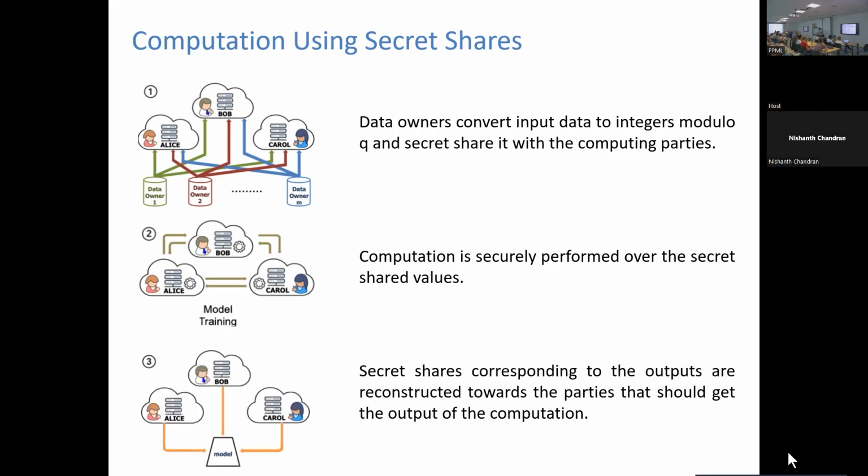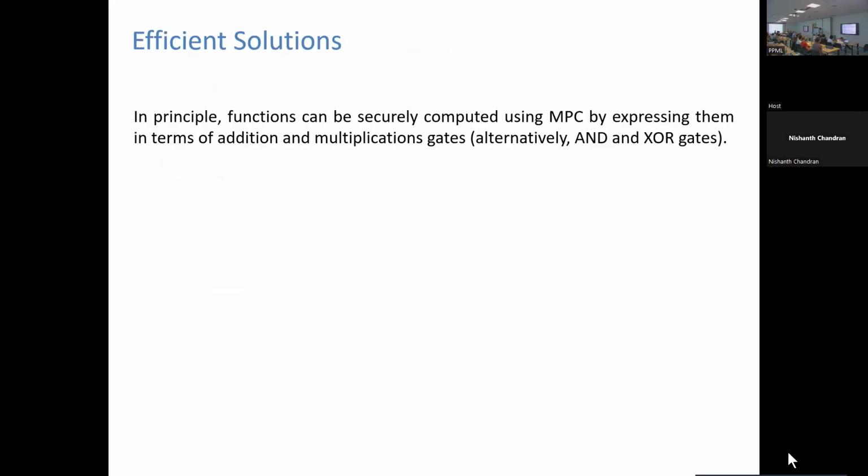Finally, once they obtain the result, they reconstruct the secret shares towards whoever is supposed to get the output. Maybe the data owners, or maybe one of the servers that will hold the model for future applications. That's the setting we normally consider.